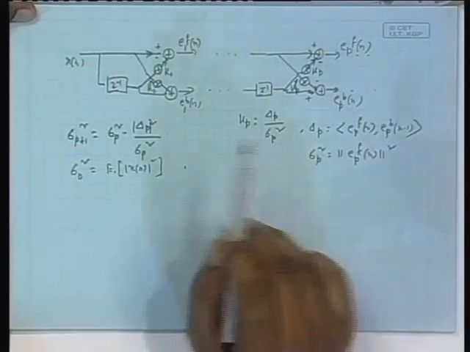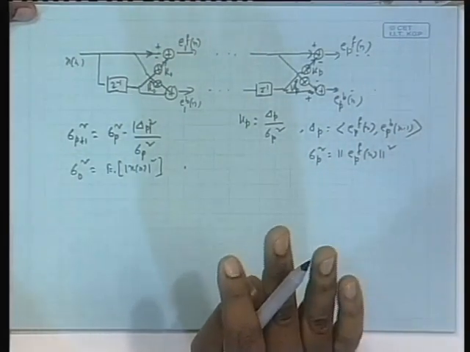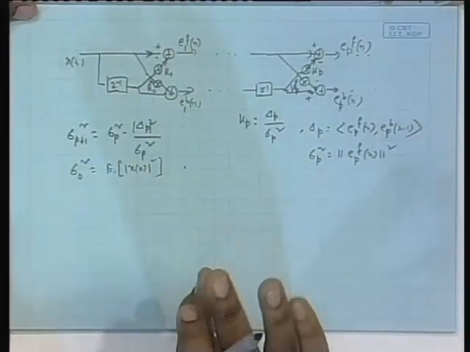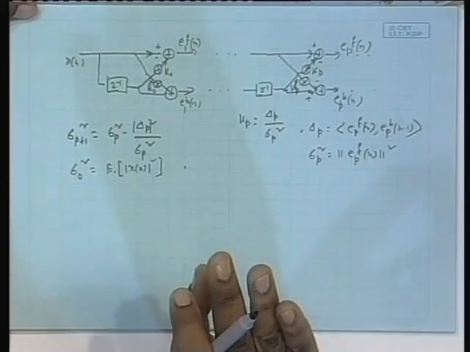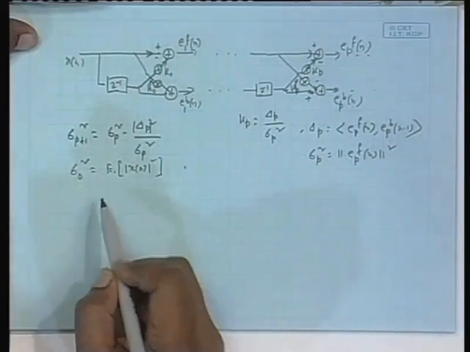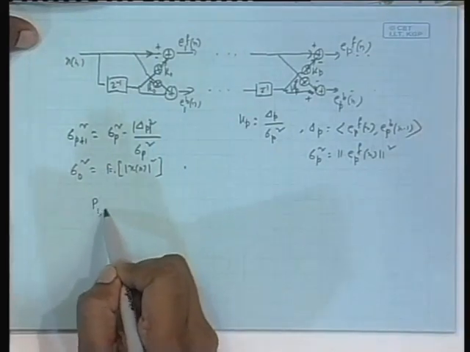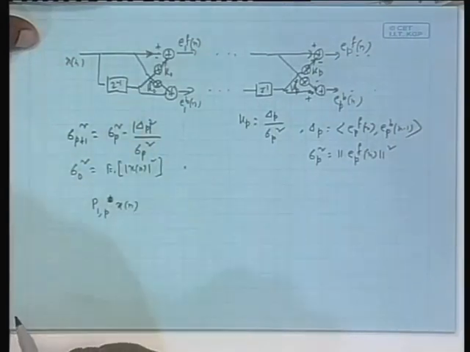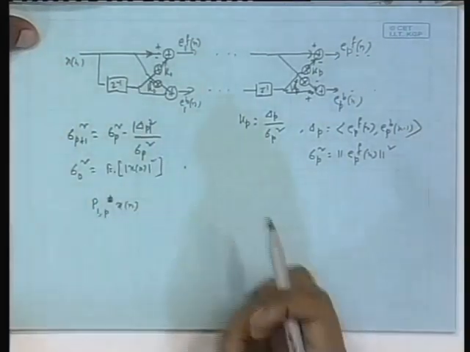Now, so long we have been handling only the prediction errors or projection errors. For a while, I will now be considering not the error, but the projection only. That is, x n, earlier I projected x n on the space spanned by x n minus 1 to x n minus p to get the error. Now I will not take the error for a while, I will just take the projection. So that means I will be considering things like P 1 to p, not perpendicular, P 1 to p of x n. Getting the error is very simple, just subtract it from x n, isn't it?